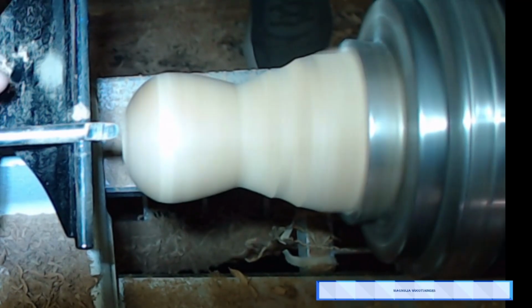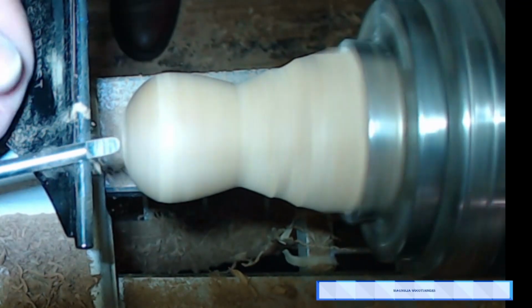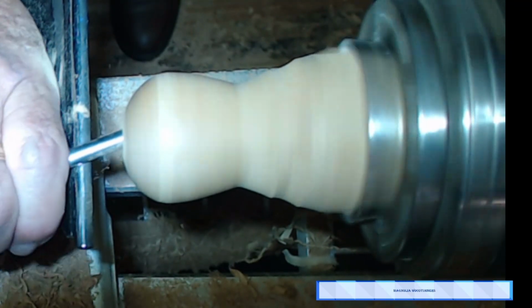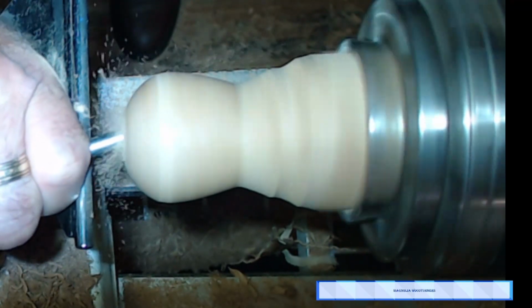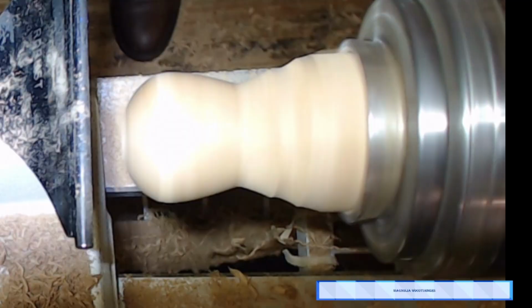How are you holding it on the front? What I do really depends. I prefer overhand, is the way I do it. But you see, I think it's got a little too much sawdust in there now. Let me